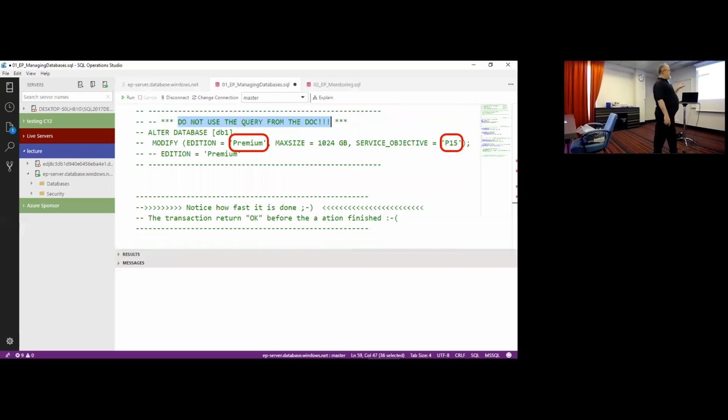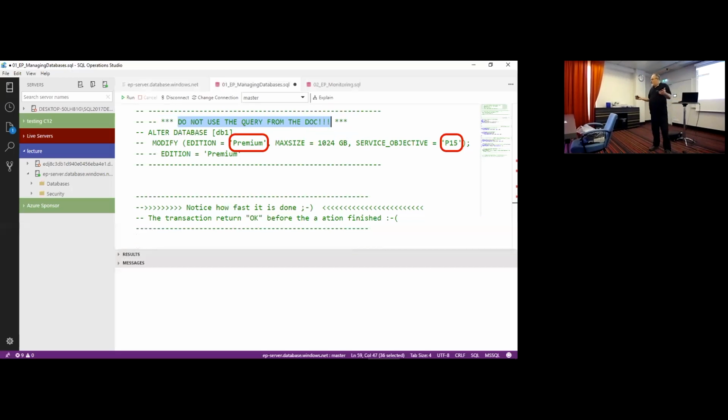Now, I want to say it 100 times: do not use the queries in the documentation. I made this mistake, so let me help you. The first time that I read the documentation, it was in preview, but it's the same idea.